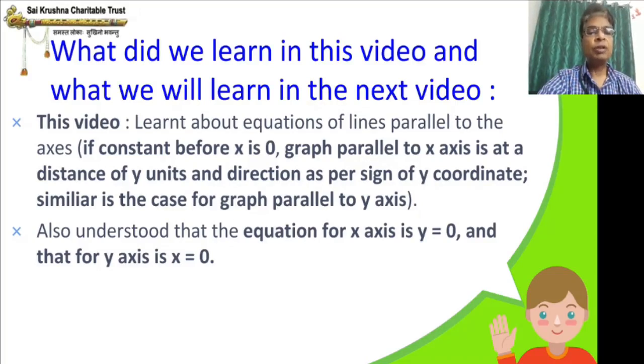So the most important thing is you have to go back to coordinate geometry. For any line on the x-axis or parallel to the x-axis or parallel to the y-axis, you can always see any coordinate, the location and direction we discussed. The location of any point is given by the number of units from the opposite axis, that is, the x coordinate is so many units from the y-axis and the y coordinate is so many units from the x-axis, but the direction is along the x-axis and along the y-axis.